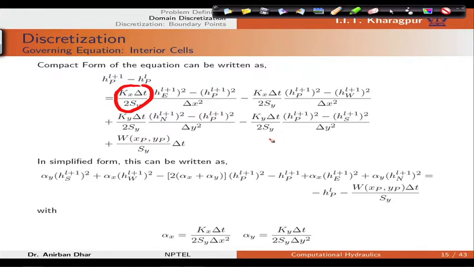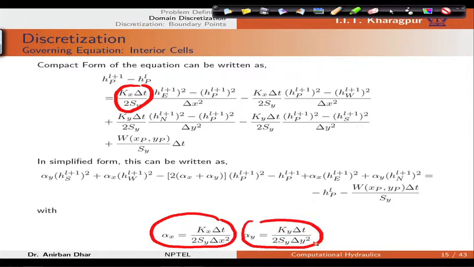Now, we can simplify it. If we further simplify this with the approximation that k x del t by 2 s y del x square, k y del t by 2 s y into del y square, we can write it in approximate form. So, now approximate form is